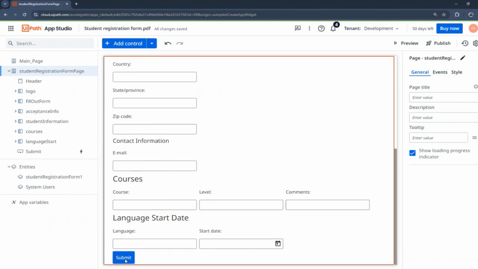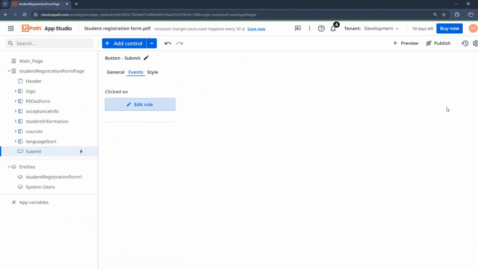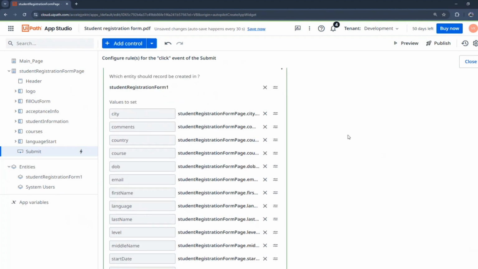After clicking on submit, your data will be stored in the entity as well. After you feed your information, your data will be stored in an entity. For that, the entity has already been created. And to store that data, if you go to the submit button in the events, then in the edit rule you can see there is a create entity record, where all your records will be stored in the entity. So if I preview,